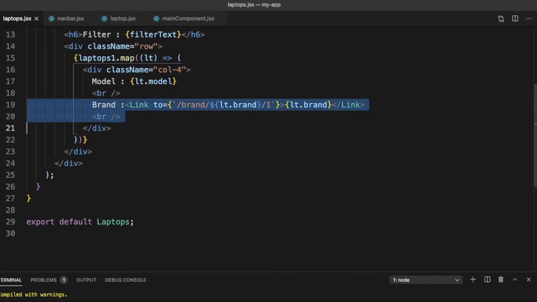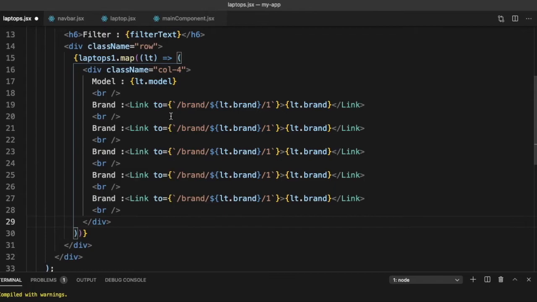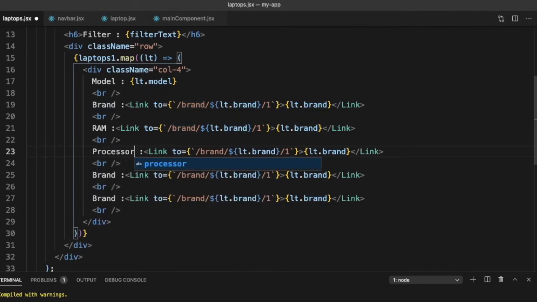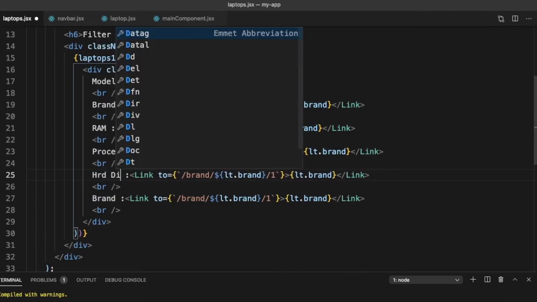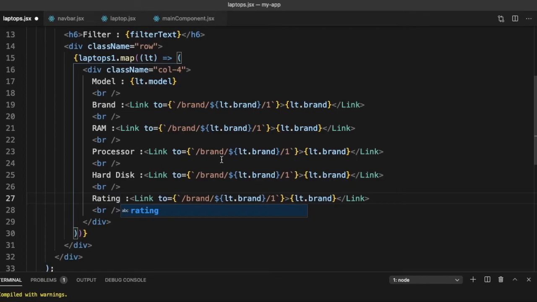Let's now copy it and put it for the others: brand, RAM, processor, hard disk, rating.